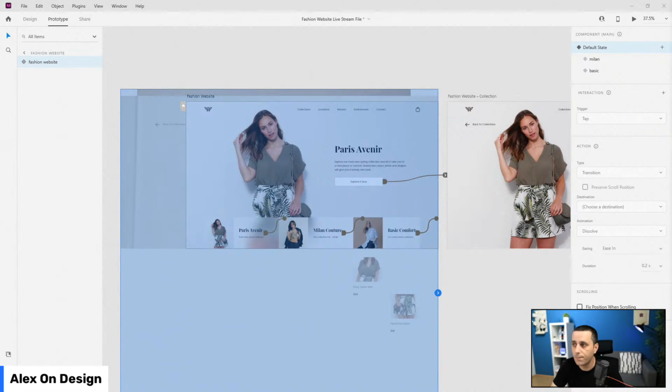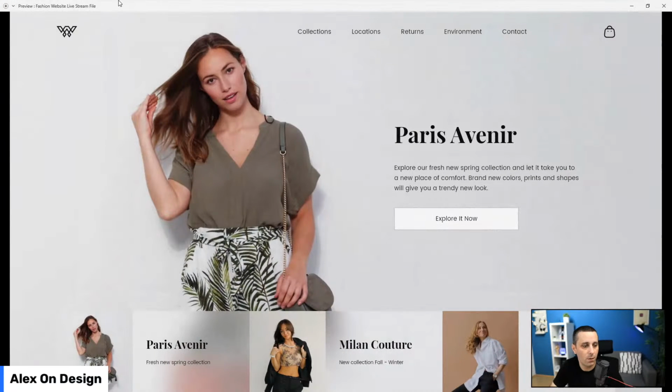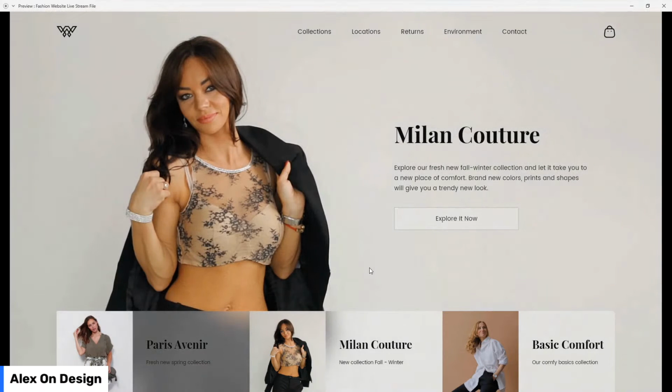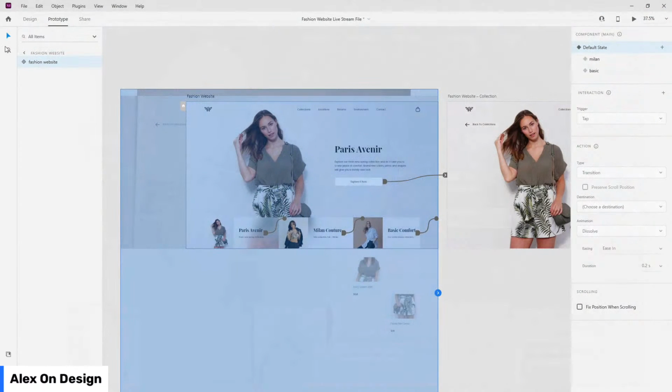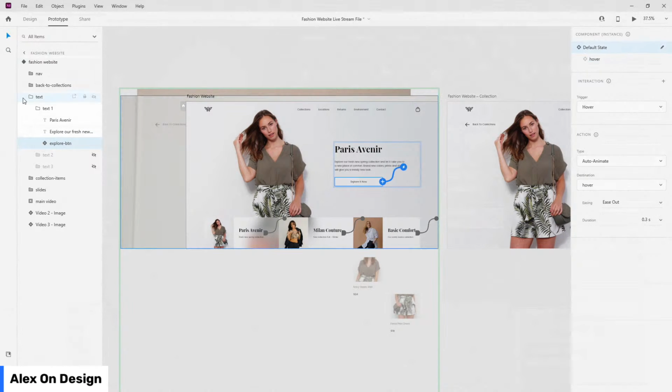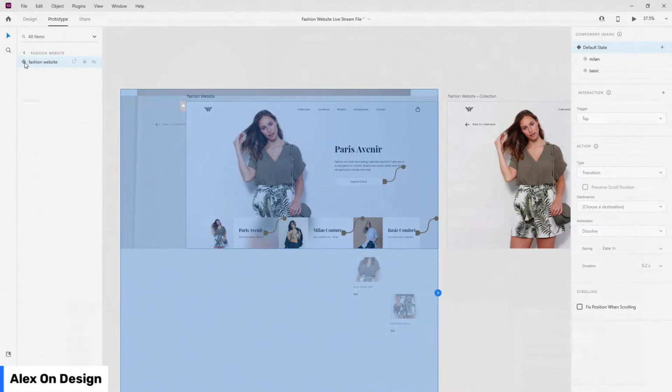So Control Enter, preview how all of it looks like. So once again, when I hover right here, let me hide myself, you can see the video is playing, and when I click, it's going to transition to this state, and now you can see that the text has replaced itself. This works, but before I do, I want to go back to the default state because I left the hover here. So let's go to the text one, button, default state, and now finally let's hit preview one final time,